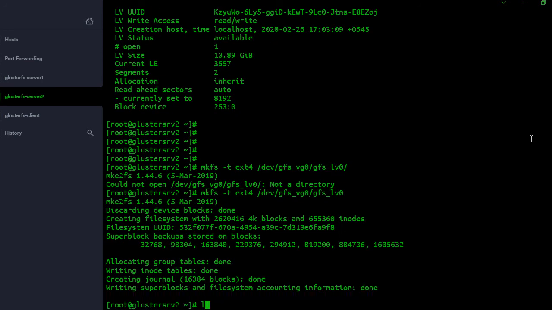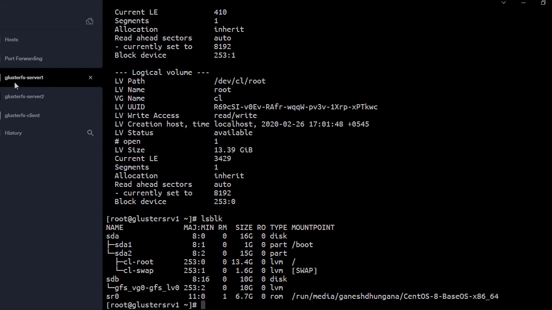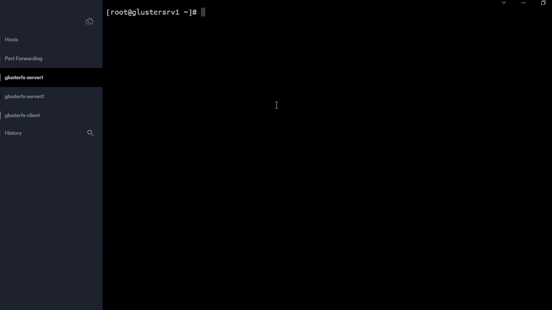Now if I hit lsblk here, I will be able to see sdd, GFS_VG0, the volume group, logical volume 10 gig. And if I do lsblk here, excuse me, we can see GFS_VG0, GFS_LV0, 10 gig. Alright. To be able to access the file system, we have to mount the logical volume somewhere.